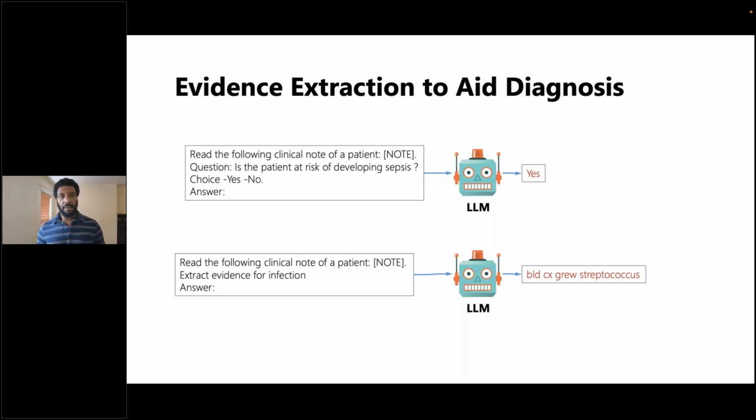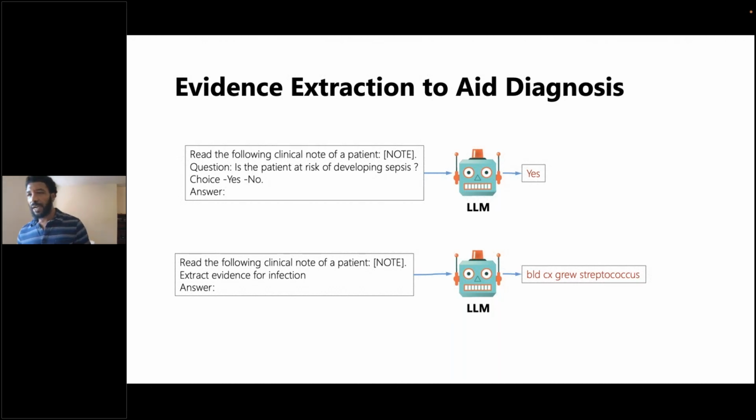So we are interested in also the use cases. A physician has a potential diagnosis in mind, for example, sepsis, and we would like to ask the model to retrieve information or evidence about this potential diagnosis. If we just go ahead and ask the model, can you find evidence for sepsis in a set of clinical notes, what we find is that regardless of whether the patient is or is not at risk of sepsis, the model will retrieve something and will generate some response.